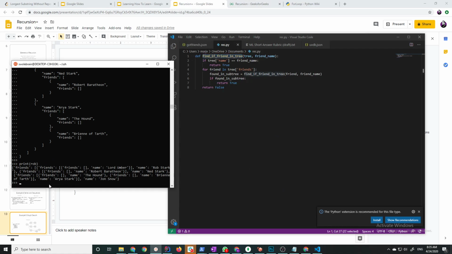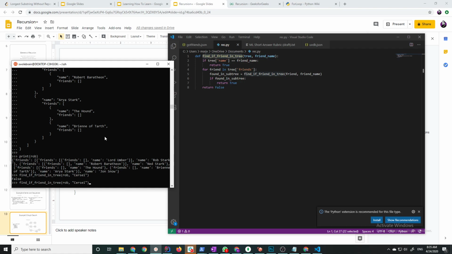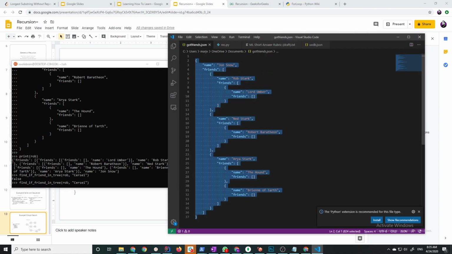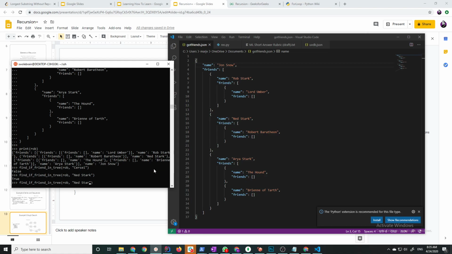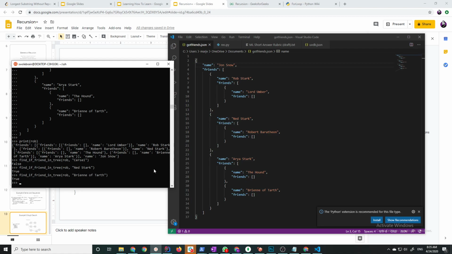Now we're going to call this same function, find_friend_in_tree, where Rob is the tree and friend name is, let's say, Cersei. False, right? Now, who do I actually have? Oh, my bad. This was Jon Snow, not Rob. But whatever, I misnamed the variable, the point still applies. So let's look for and see if we have Ned Stark. True. Let's see if we have Brienne of Tarth. That's also true. Let's see if we have